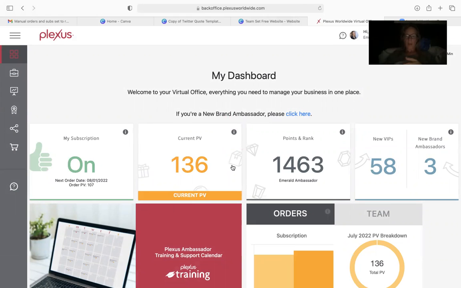So I wanted to show you guys how you can figure out how close you are to a goal. If you have set a goal, let's say you're going for Emerald and you need to be at 1,500 points to hit that, or you're going for Senior Ruby and you need 750, or Ruby 500, or whatever your goal is, or Gold 100 points and Senior Silver 50 points. And you're like, well, I've signed up one or two or three or four people already